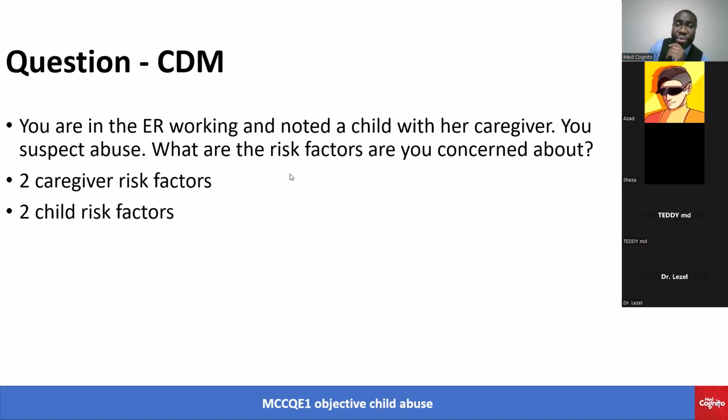Caregiver, Dr. Fejiro says alcoholism, divorce, substance abuse. Beautiful. Okay, Dr. Azad says history of abuse in the caregiver, because the caregiver is somebody who has been used to abuse, and they also likely abuse the kid. Dr. Freddy says caregiver alcoholism, financial, and child congenital abnormality and learning disability. Yes, because at times it's difficult for the caregivers to handle these children. Out of frustration, they may then do some form of harm to the kid.